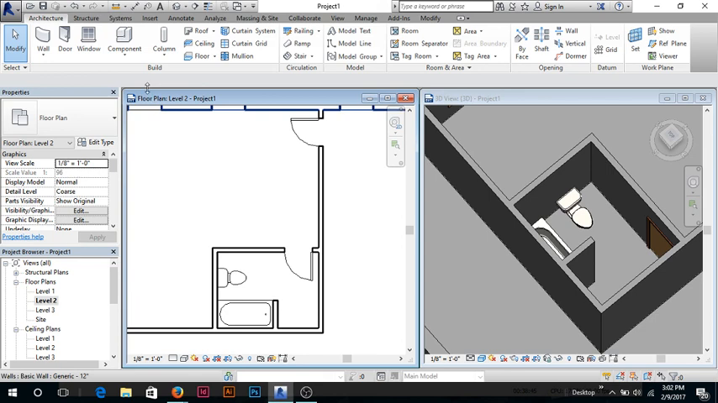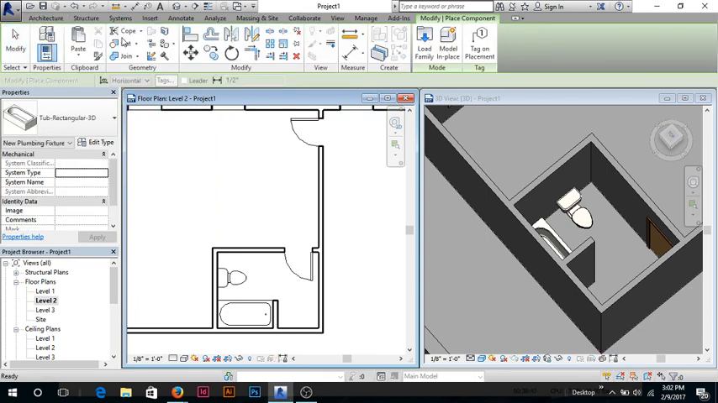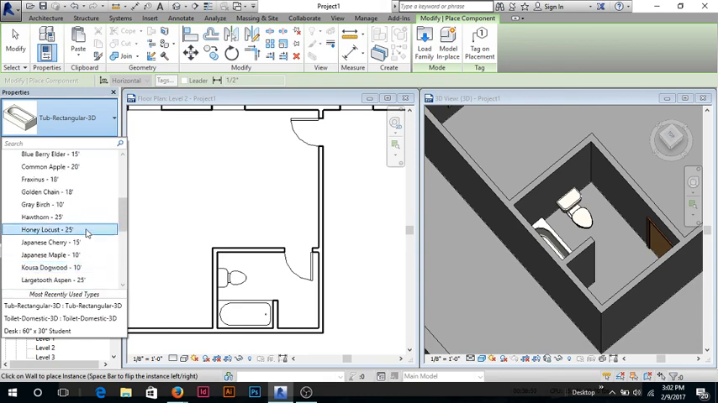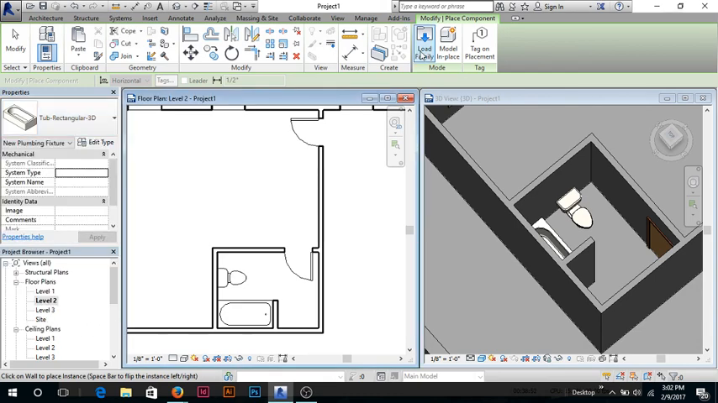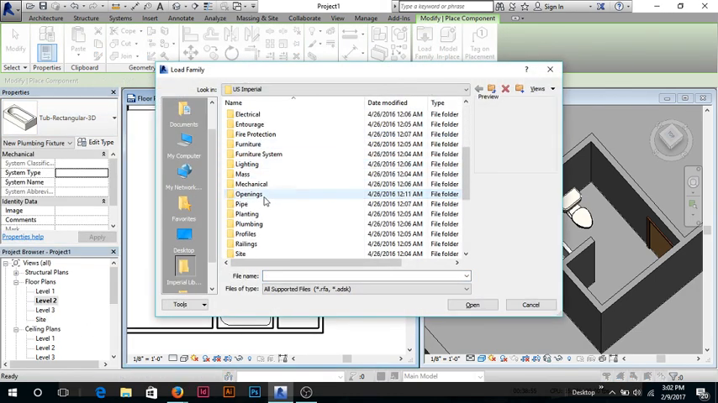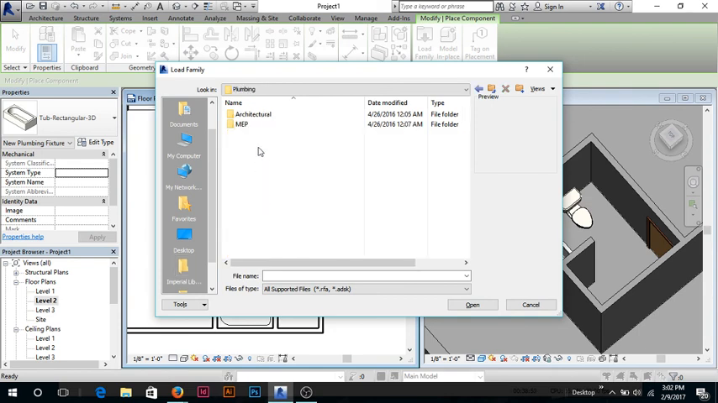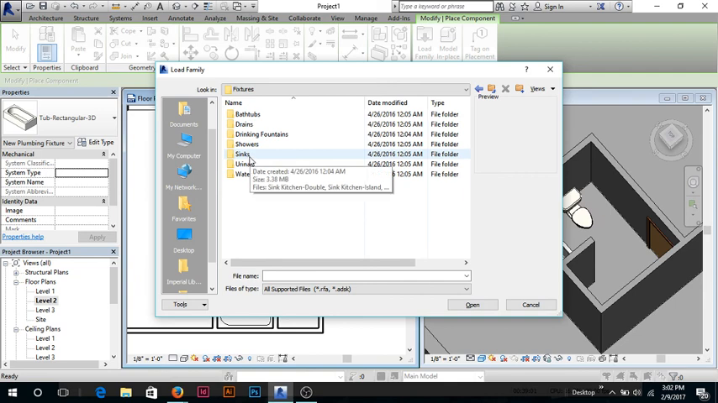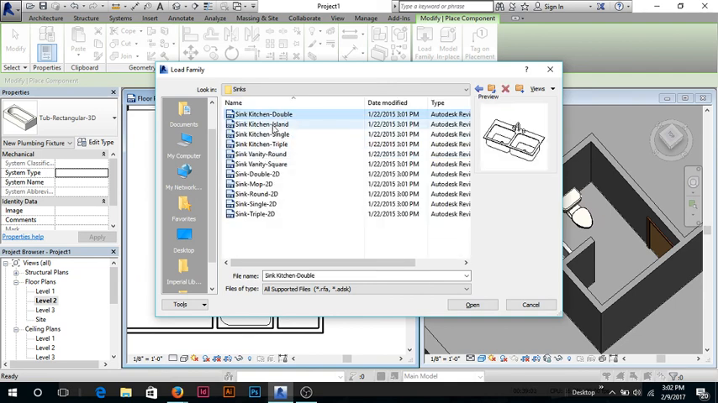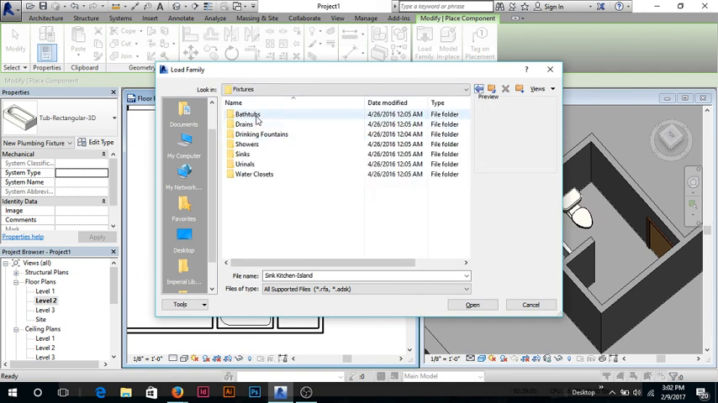Again, let's throw a sink in here, same way. Component, load family, because it's not in here, right? So I'm going to go to load family. I'm going to go down to plumbing. Architectural, fixtures, sinks. You know what, let's go back real quick and revisit the other ones. So we have also